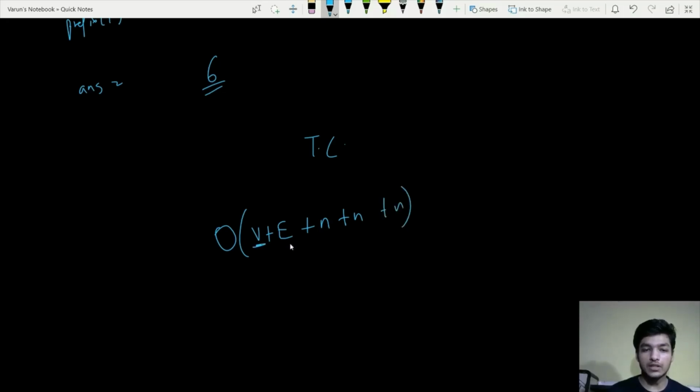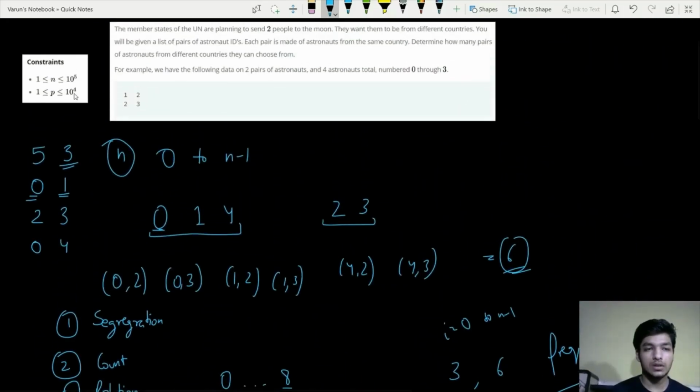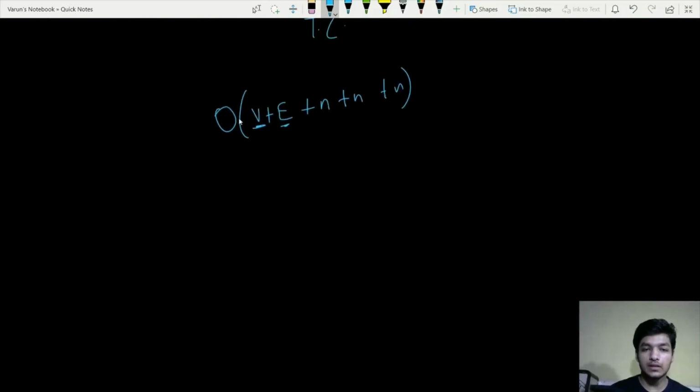And as the number of vertices and edges can be at most n because of the constraints, our final time complexity of this algorithm would be O of n, and it would work perfectly fine.